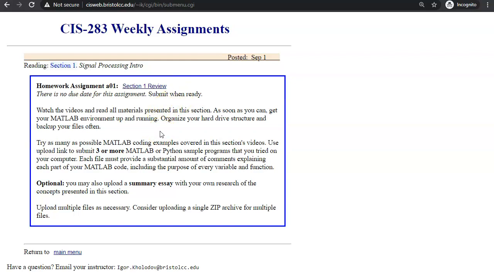Now, of course, the approach here is that I want you to watch the videos and read all materials, and when you feel ready, you should start with your MATLAB environment, and also organize your hard drive structure and back up your files often. So I'll probably have another section covering your first steps in MATLAB, which we could do maybe in our next presentation. And basically the focus of the assignment is to try pretty much all possible MATLAB coding examples covered in